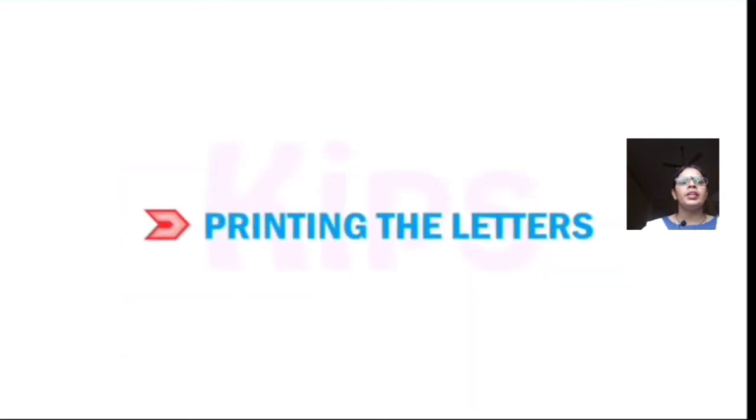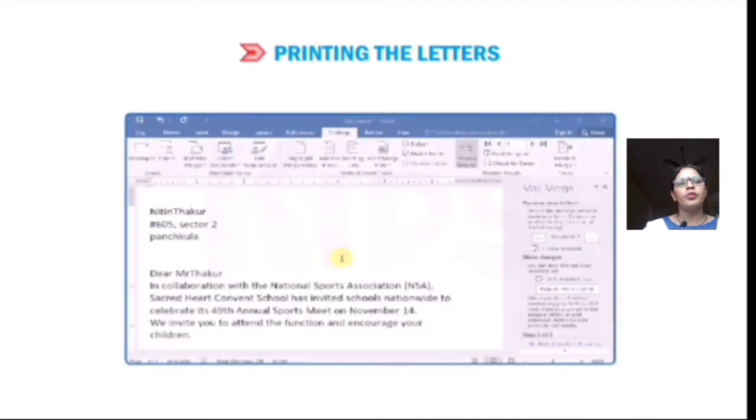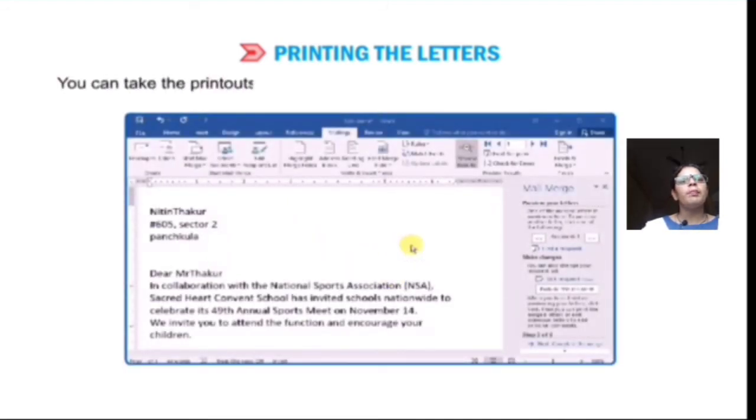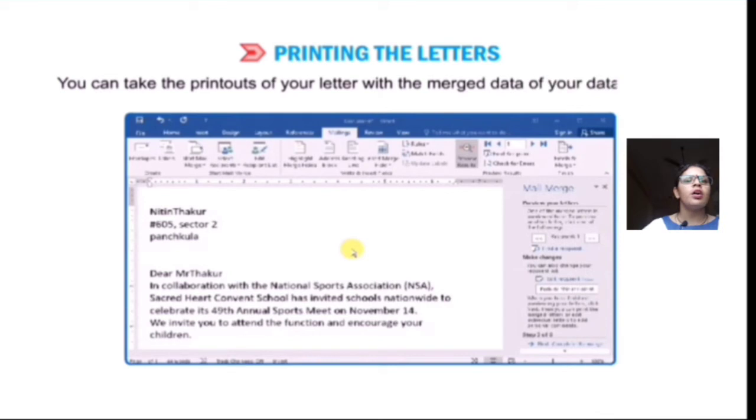Now next is printing the letter. It's the final phase of the mail merge, that is the printing of the letter. Now you can take the printout of your letter with the merged data of your data source.